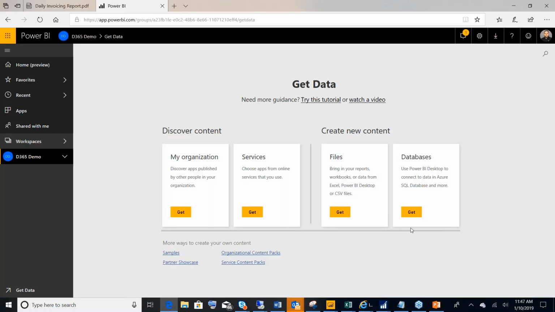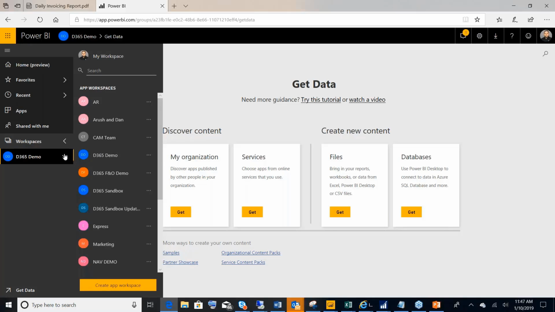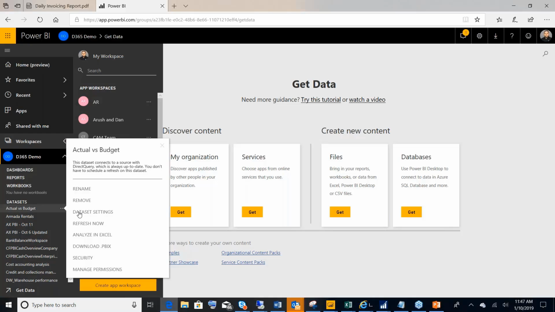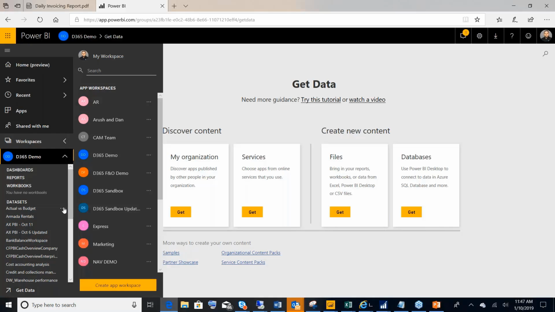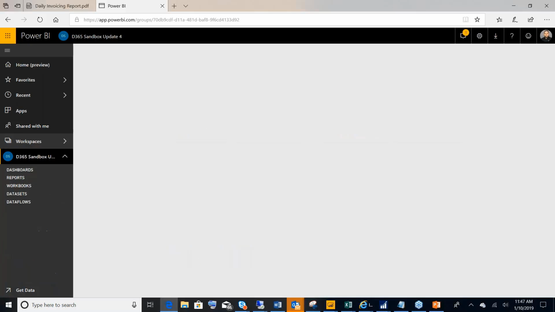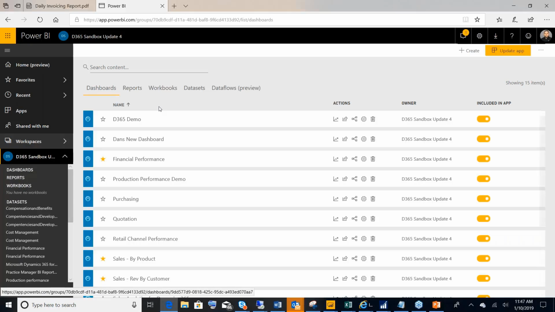The data is generally allowed to be updated up to 8 times a day in most cases, and that's managed through the dataset settings. Inside of your workspace, you'll see dashboards, reports, and then you'll see something called datasets. The datasets will have settings for how frequently you want to update them. And depending on the dataset, you can either schedule hourly updates, or for some datasets, such as this one, if you